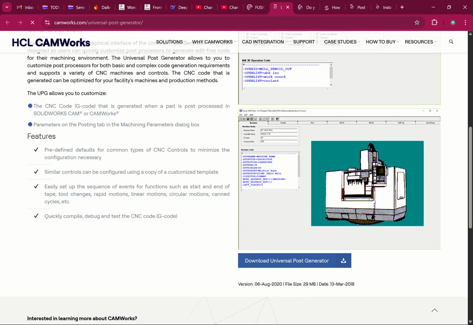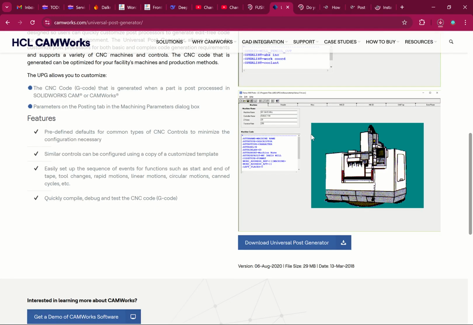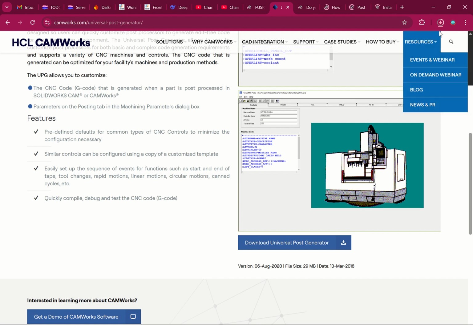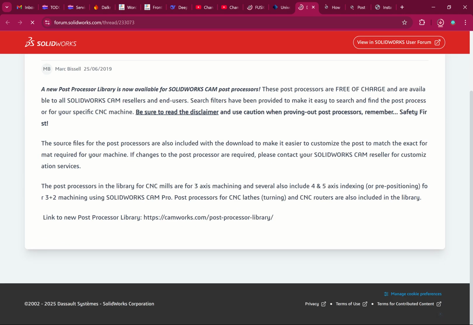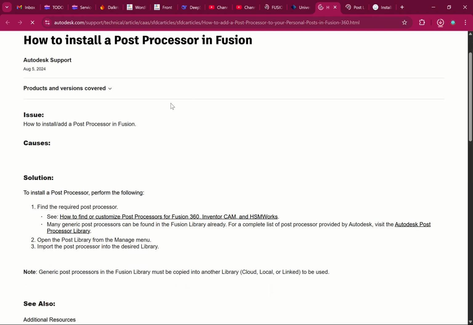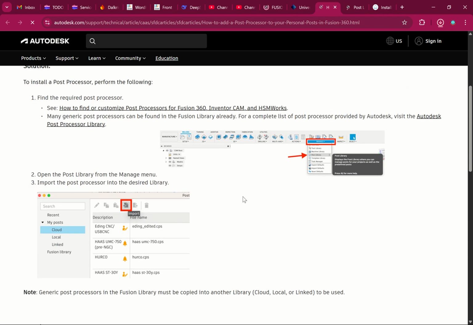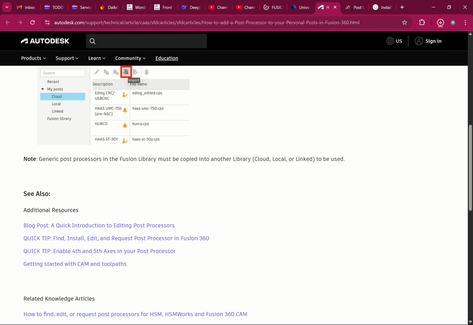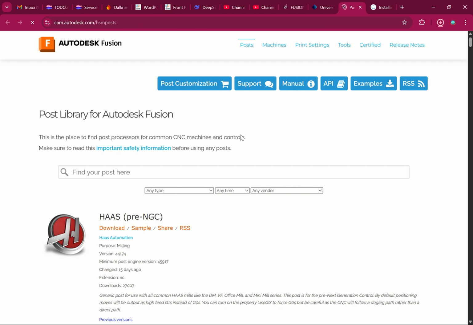You can download this universal post processor. It works well with SolidWorks CAM and also CAMWorks. So you see this one is downloading the post processor. I'll show you. You can also check how this one is for Fusion also. It tells you how you can access the post processors, how you can get all those post processors, how you can import all those post processors. I will show you for the Inventor and the Fusion how you can download post processors